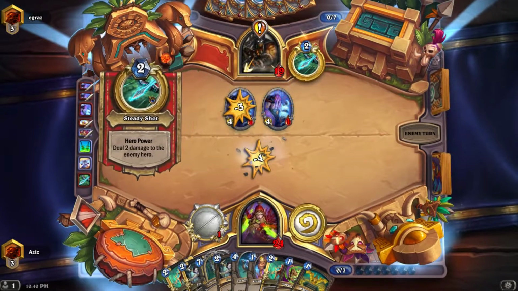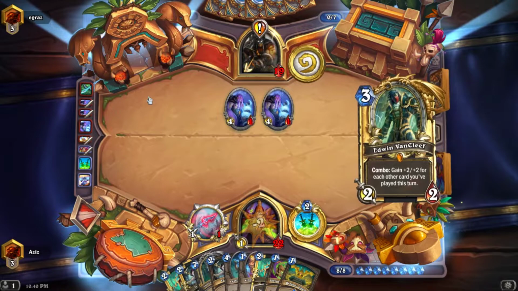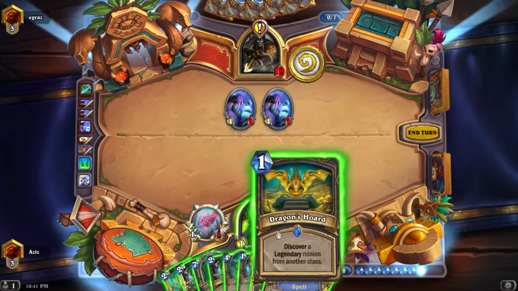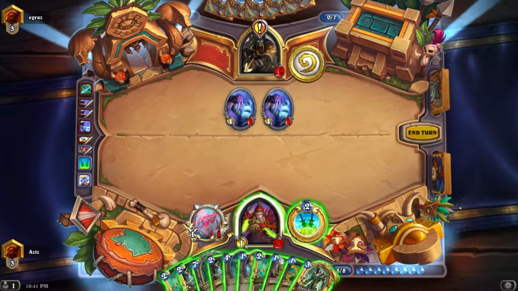This has worked out very nicely for us because both of his idiots are at 1 health and we have a Kobold Lackey in hand. And now we have the Edwin, so now we can really be setting up a big Edwin turn. That's probably the way to go. Ooh, we probably want to start with the Dragon's Horde. We want a Kobold Lackey. We want to...